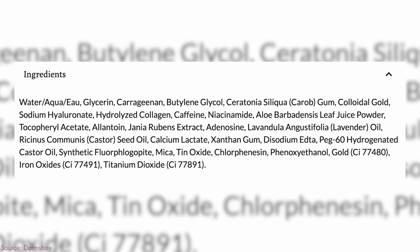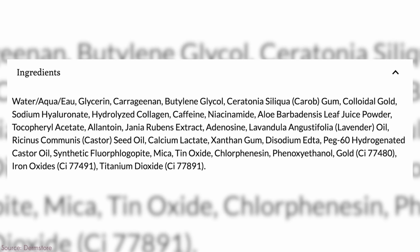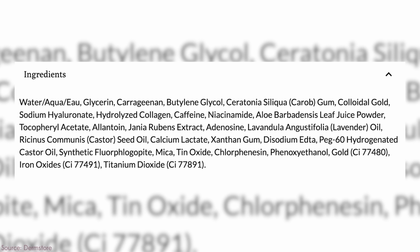When it comes to these specifically, at Sephora, it looks like the ingredients contain water, glycerin, carrageenan, butylene glycol, carob gum. All of these are relatively hydrating. We do see these inside of lots of moisturizers. There is also some colloidal gold, which is not bad, but what I really love to see in here is